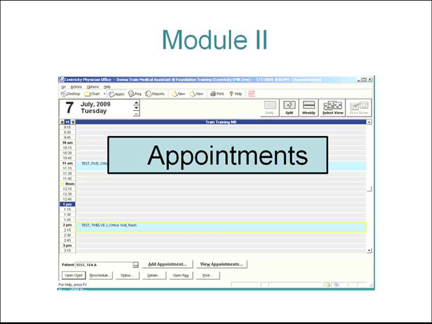Module 2, Part 2, Appointments. Scheduling is a critical task for all clinics. An effective schedule helps the clinic deliver timely care to the patients, improves staff coordination, and helps maximize the use of its limited resources. Because appointments are tied to patient charts, staff can quickly locate chart information for arriving patients and